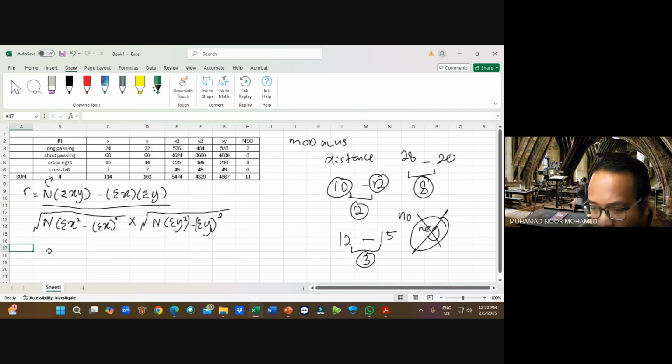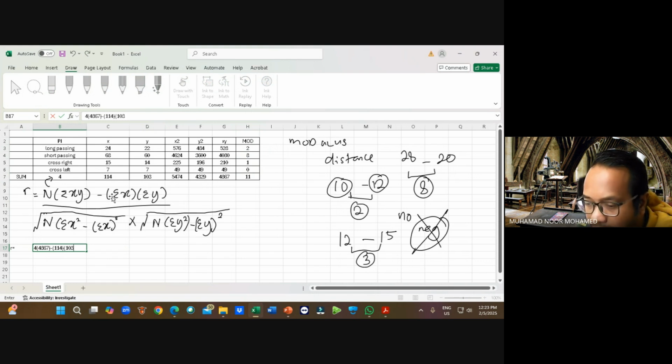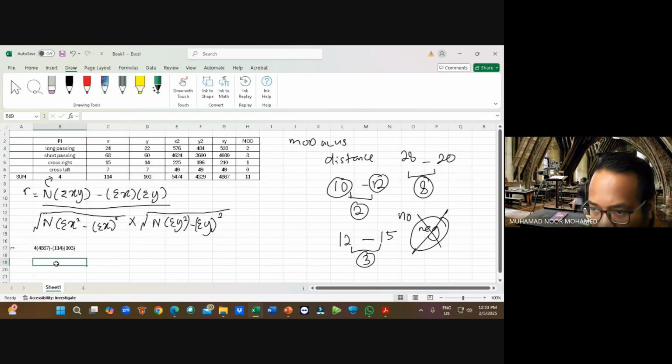I'm going to put it here as r equals to, n which we have here is 4, in brackets summation of xy is 4867, and then minus summation of x, which is 114, times summation of y, which is 103. And it will be divided by